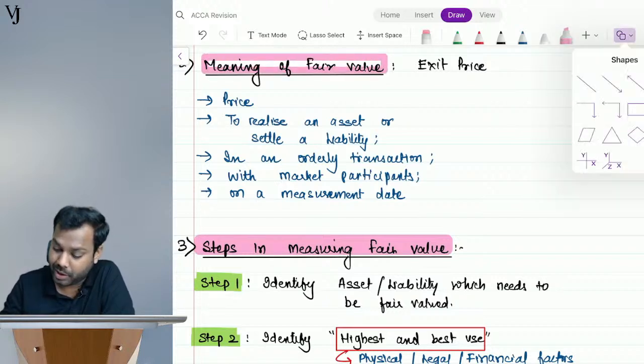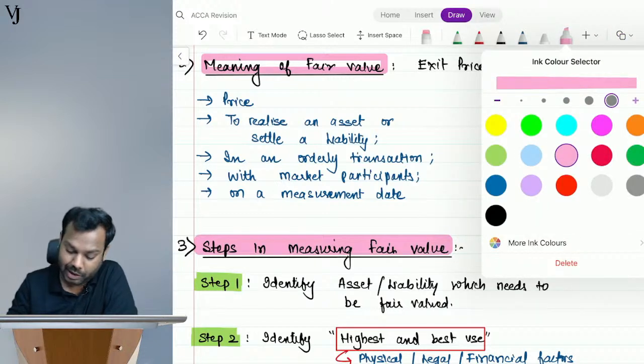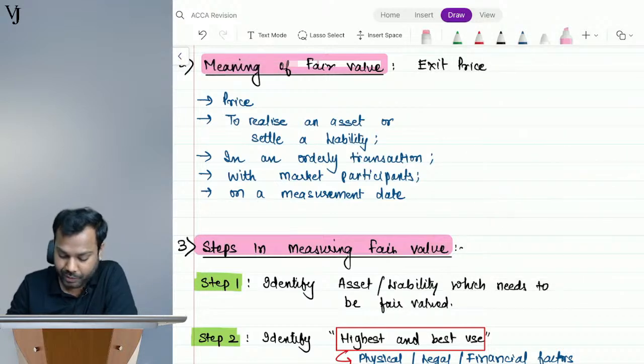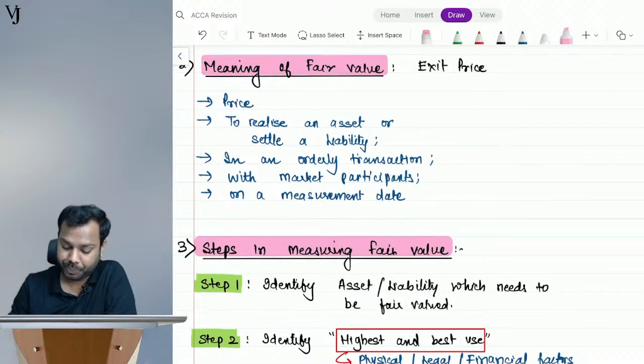Guys, this is our second last class. Tomorrow will be the last class of our revision session, and I will definitely guide you on how you have to go ahead for your exams. Just 10, 12, 15 days are remaining for the exam, and how you have to study in this, what should be the study plan, I will be discussing that tomorrow.